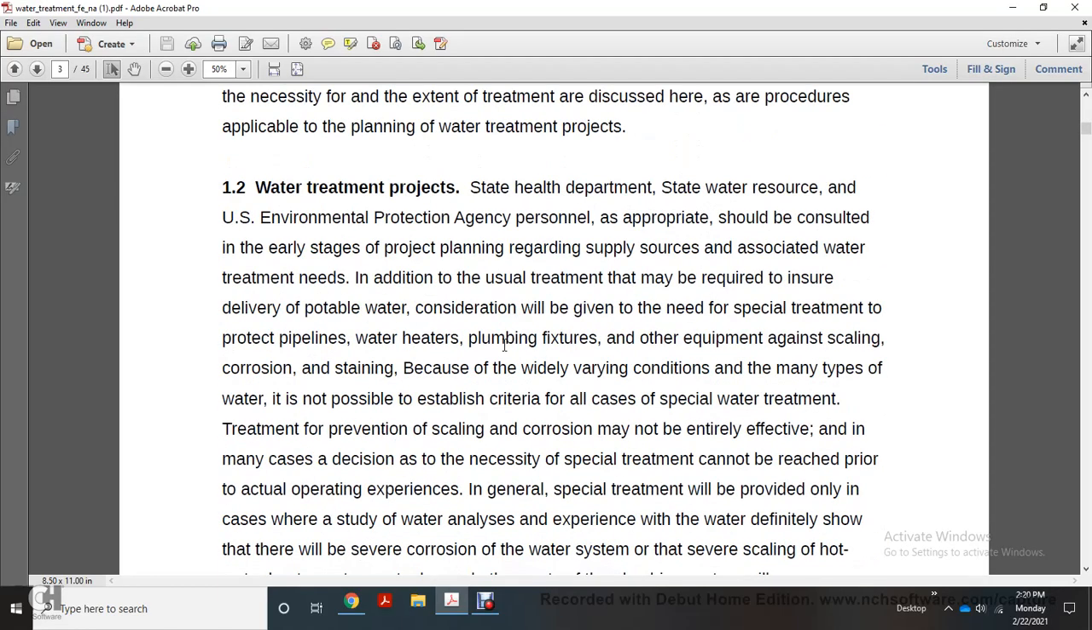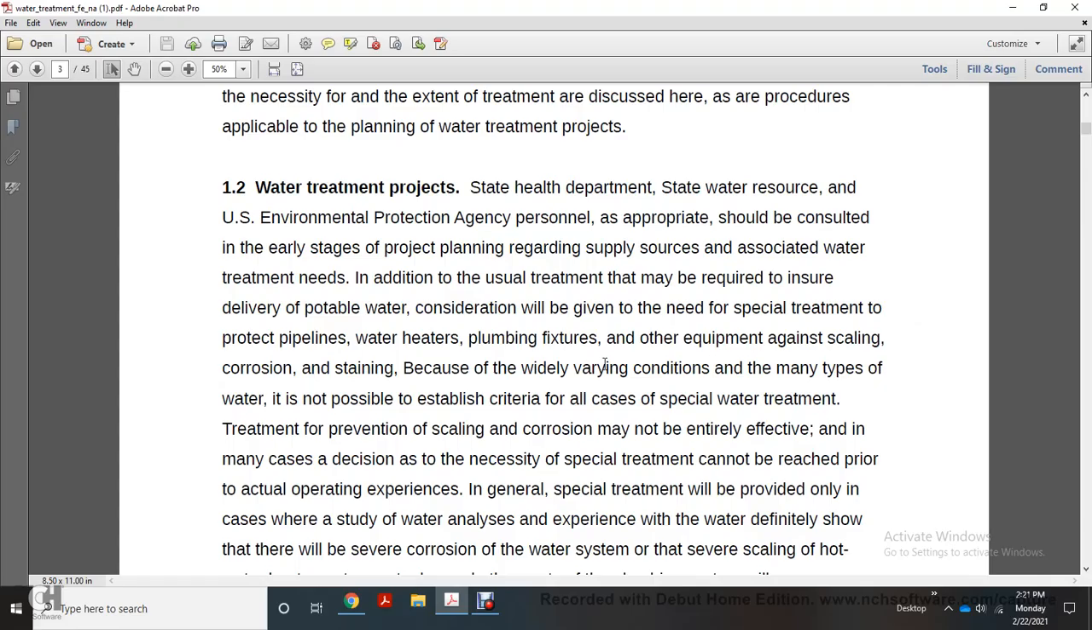State Health Department, State Water Resources, and U.S. Environmental Protection Agency personnel, as appropriate, should be consulted at an early stage of project planning, regardless of the supply source and the associated water treatment needed. In addition to the usual treatment that may be required to ensure delivery of potable water, consideration will be given to special treatment to protect pipelines, water heaters, plumbing fixtures, and other equipment against scaling,